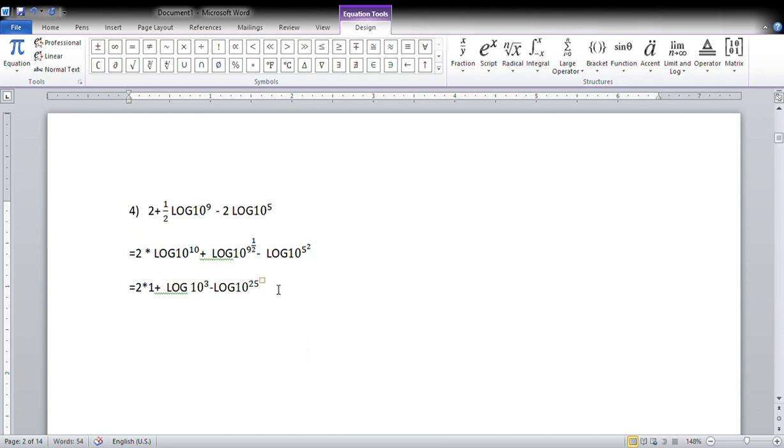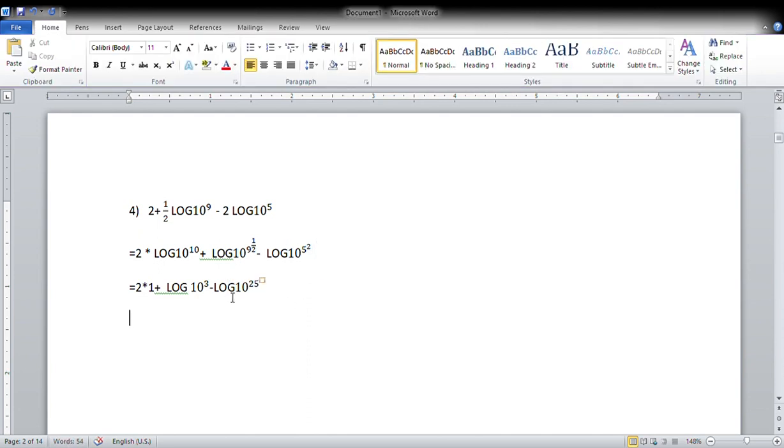So simple thing is that we can write it as 2 plus